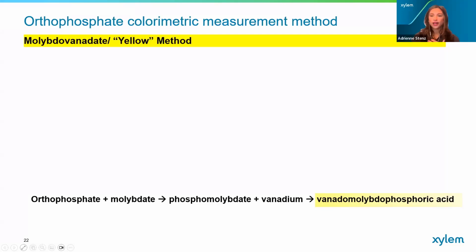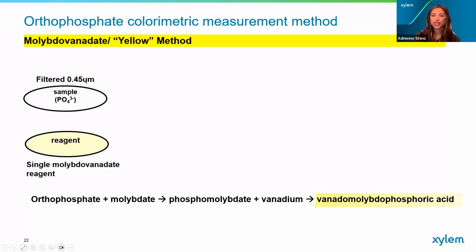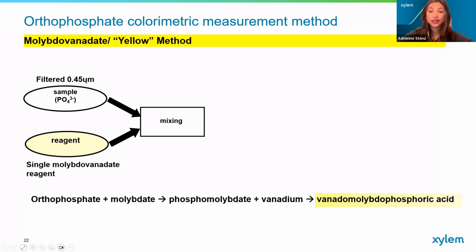The yellow method, or molybdenate method, features a single reagent, which is a mixture of ammonium molybdenate and vanadium in the presence of an acid. When orthophosphate is present in your wastewater sample, it reacts with the molybdenate and acid medium to form a complex. The vanadium in that reagent then reacts with this complex, forming a resulting compound that's a yellow color. The intensity of this color is directly proportional to the amount of